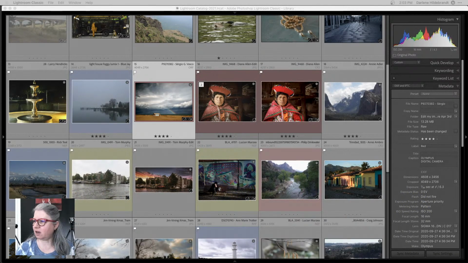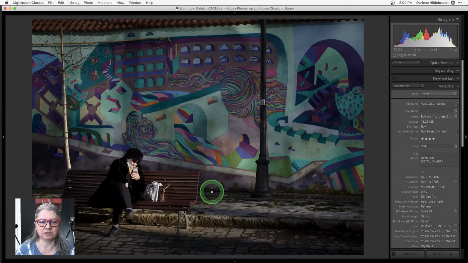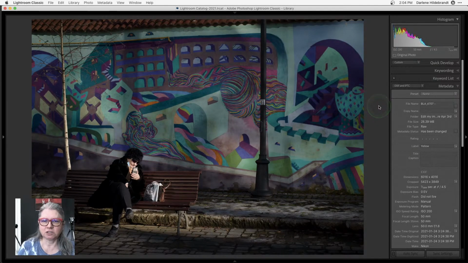Okay, I am back. So I wanted to do some different ones now. There was an image that was submitted by Lucien that is a fabulous street photography image. If you attended the webinar that I did with James Mayer a little while back, he talked about street photography, and I thought this one would be a great one to play with in black and white because of this mural in the background.